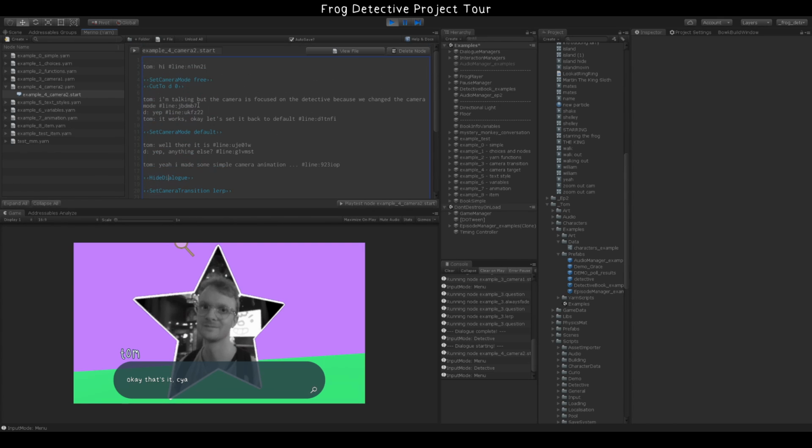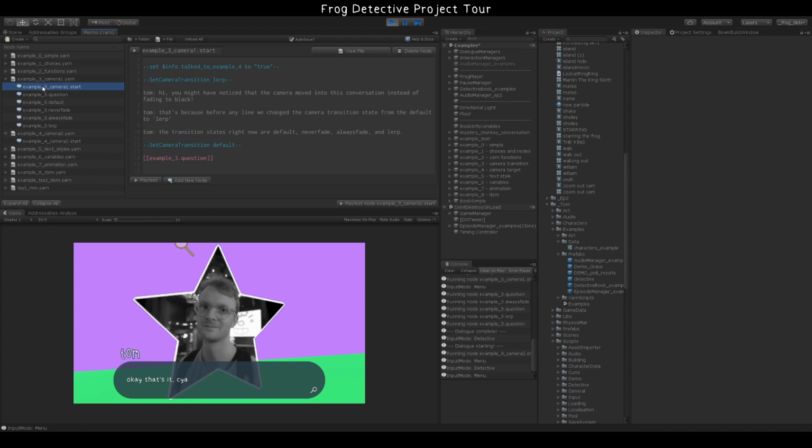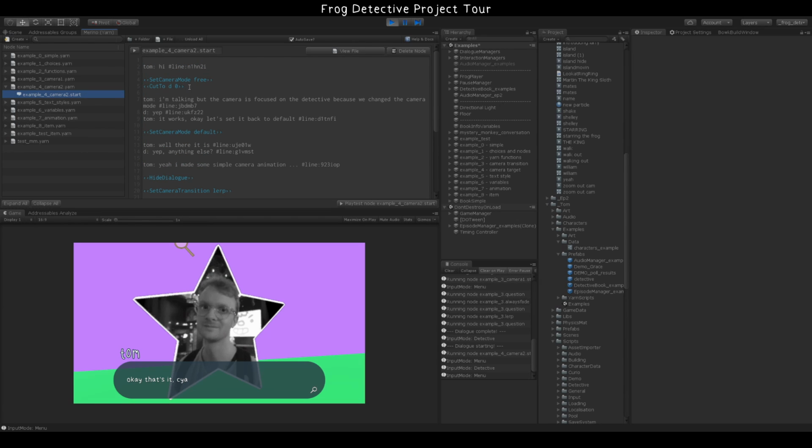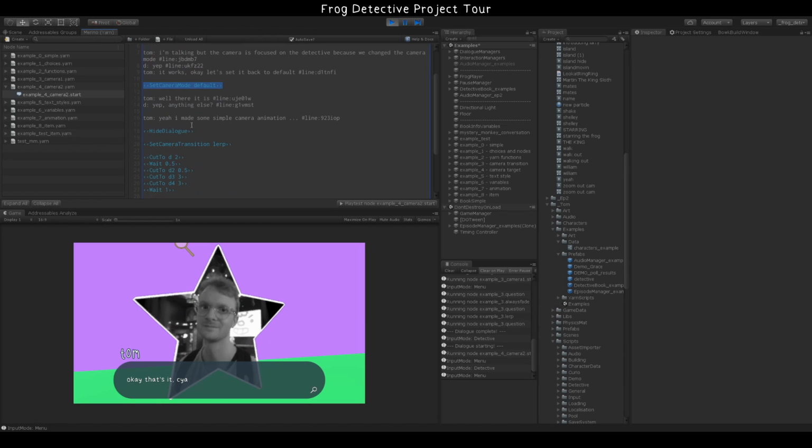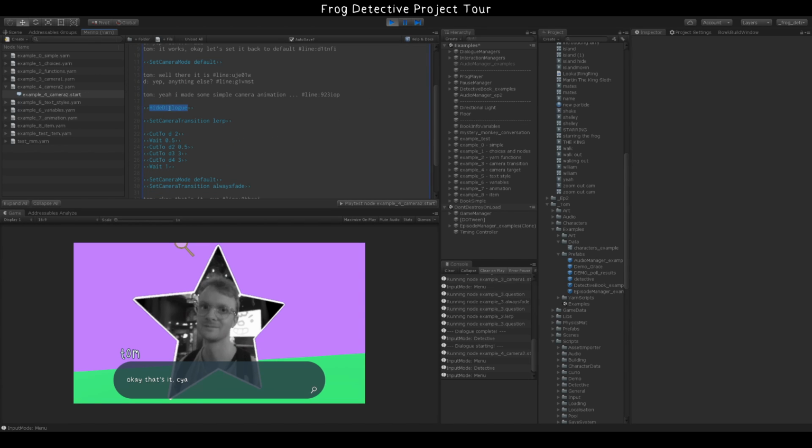I don't think it's perfect, but we have the idea of camera modes. Before, we had camera transitions, which just control how the camera cuts to the next camera. But this is camera mode, which is a bit confusing. Anyway, you can set the camera mode to free and then just cut to the detective, and the camera won't cut away if a different character talks. Then we set it back to default here, and then we have this other command that hides the dialog box,